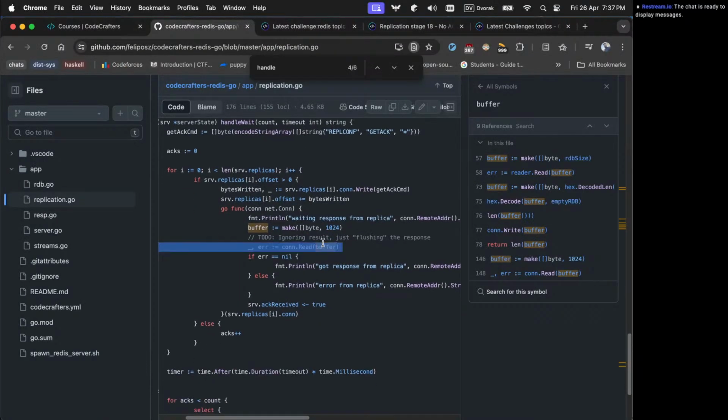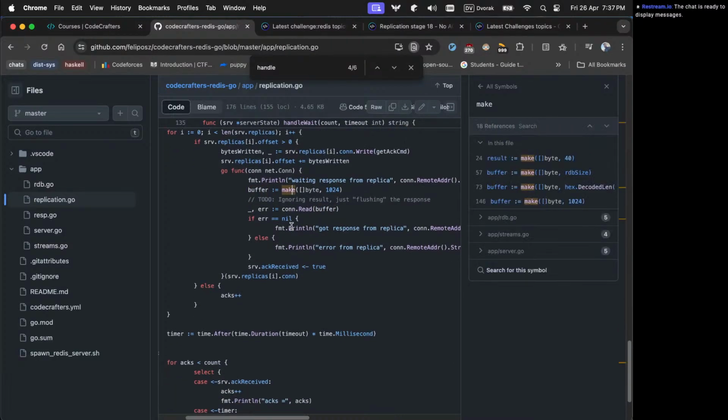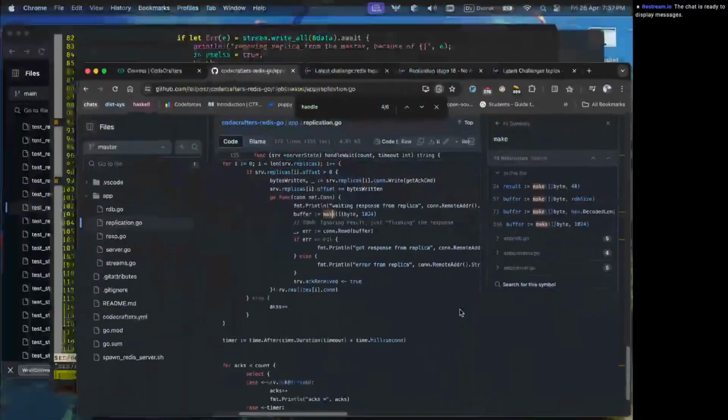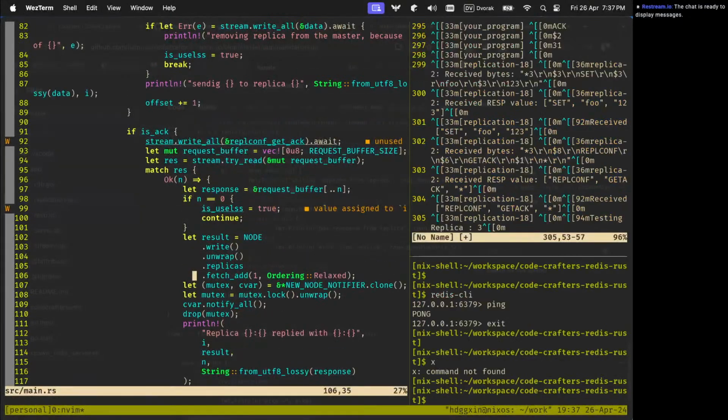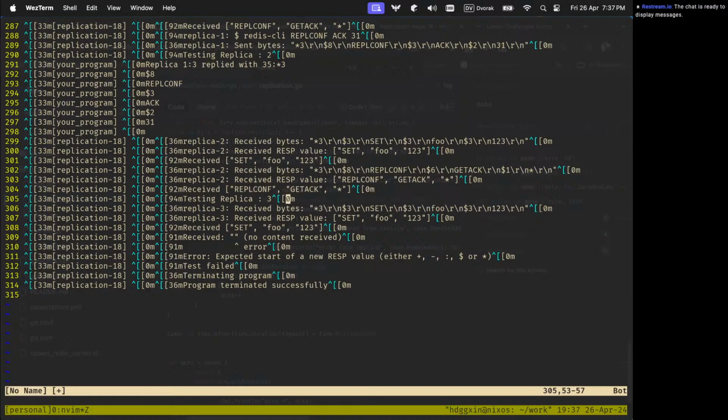So the issue was, I was looking at Felipo's repo, and while looking at it, I was checking my logs to see what is different. We are doing the same thing, and there was no difference. The only difference was in the implementation. I guess read will try to read immediately, and that await will wait until it gets a response. So read will block the whole thread, I mean, it will block until it actually has some data or some error.